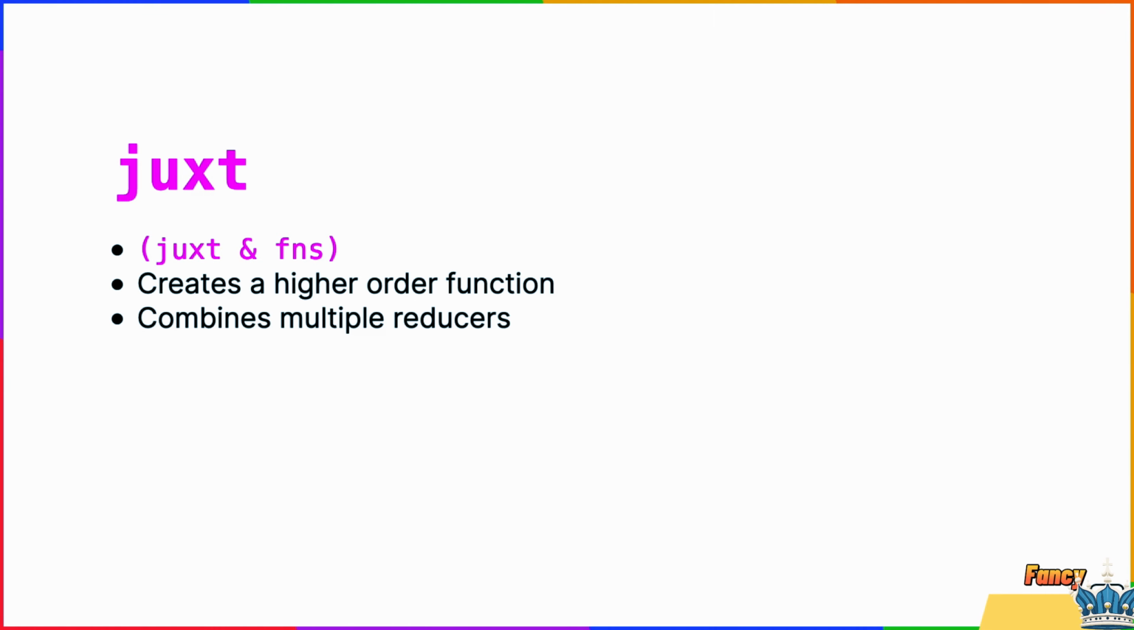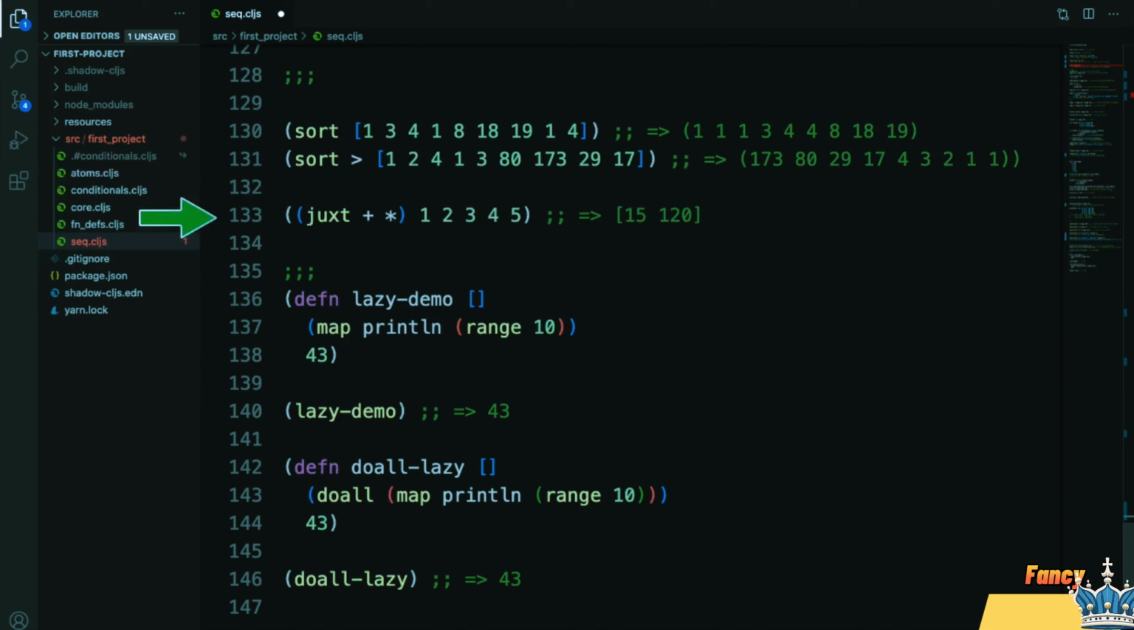The juxt function is an honorary mention because the company name Juxt helped me progress in my Clojure journey. The function signature is juxt and a list of functions. It takes an arbitrary number of functions and returns a higher order function. When this higher order function is called with some arguments, the result is a vector of all functions applied to the arguments. The functions plus and star are applied to arguments 1, 2, 3, 4, 5 and the result is